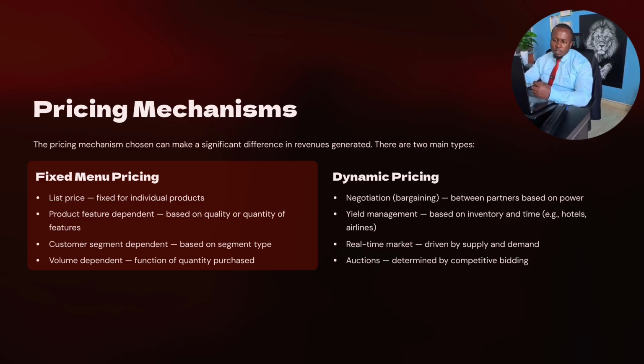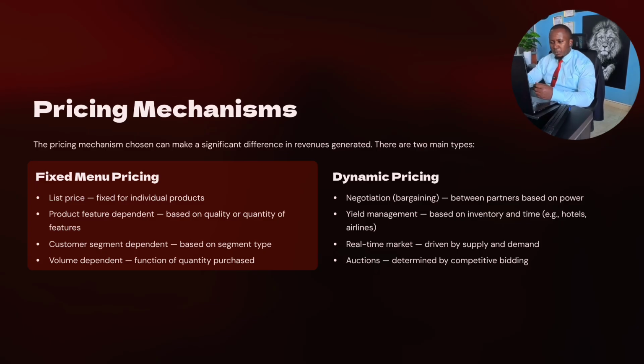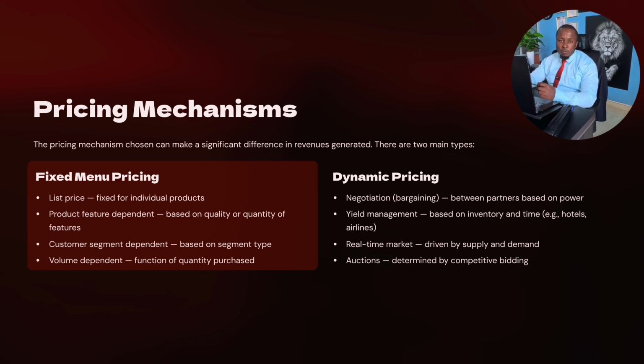You can also have fixed menu pricing customer segment dependent, where based on the customer segment you have a specified price for them. Or volume dependent, which is a function of the quantity purchased. So for a set number of products, you have a fixed price for that. Alternatively,